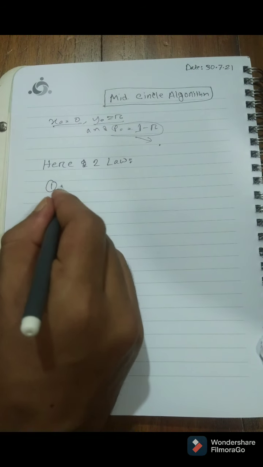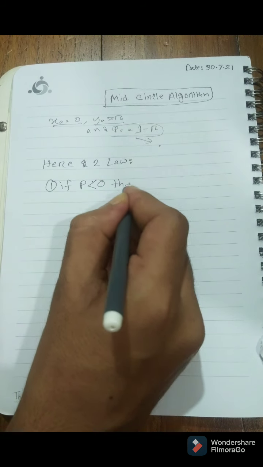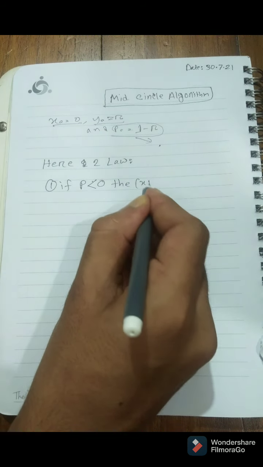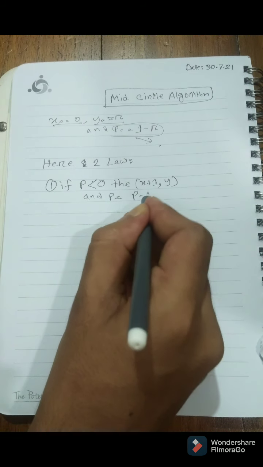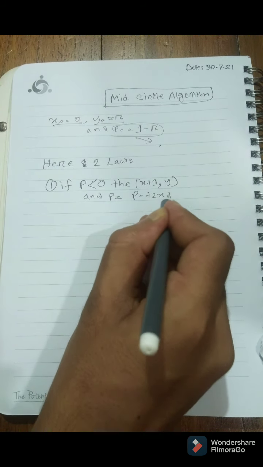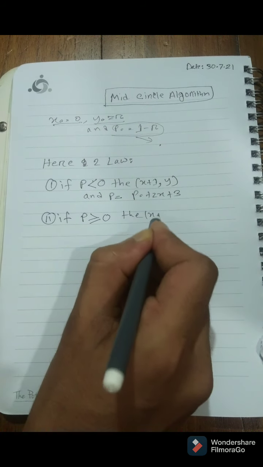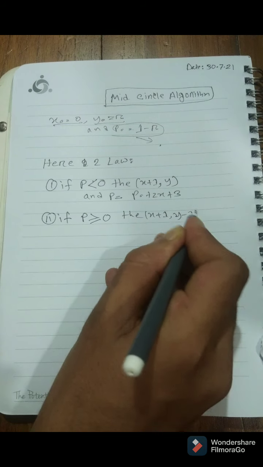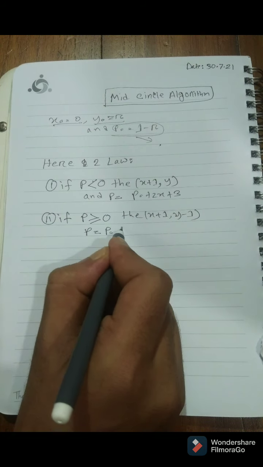So here are two laws of the midpoint circle algorithm. The first one is: if p is less than 0, then x plus 1, meaning x will be increased, and y should stay the same, and the updated p value will be p naught plus 2x plus 3. The second law is: if p is greater than or equal to 0, then x will be increased and y will be decreased, and the updated p equation should be